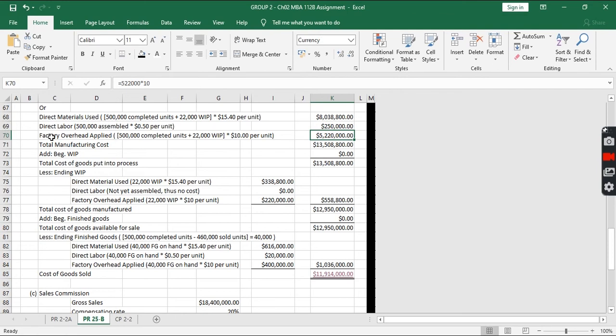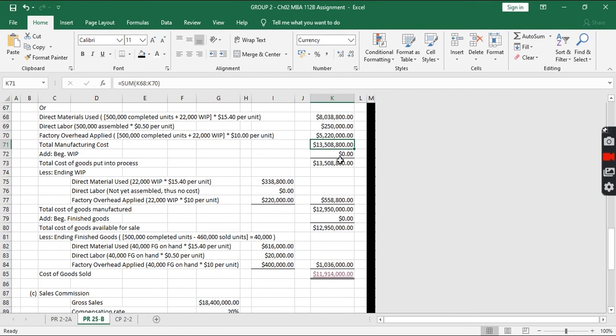For our factory overhead, since factory overhead is done during the cutting and stitching of our eye leathers, we can assign factory overhead applied cost to all products, whether completed or waiting for assembly. So 500,000 completed units plus 32,000 in work in process multiplied by the rate per unit, we'll get a total of $5,220,000. So total manufacturing cost is